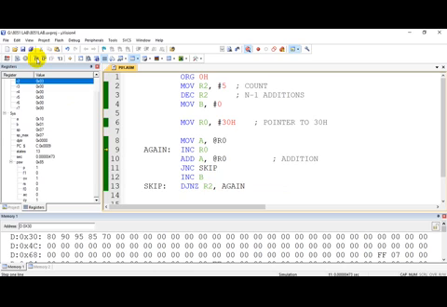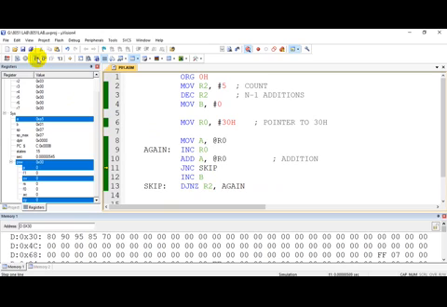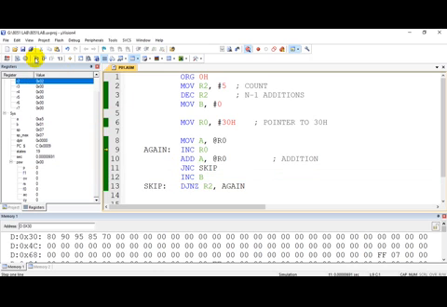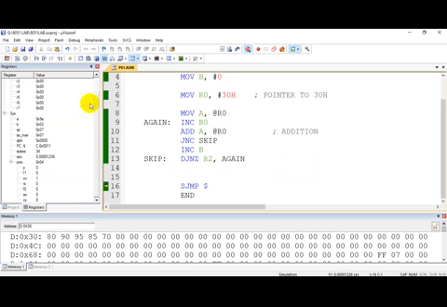Okay. Now I will increment R0 to the next memory location which contains 95. Okay, this is added with the previous result. So 10 plus 95 is A5. As you can see, no carry has been generated. So this condition will be true. So we need not increment the register B. So it will come and this will go on repeating until your count becomes 0.